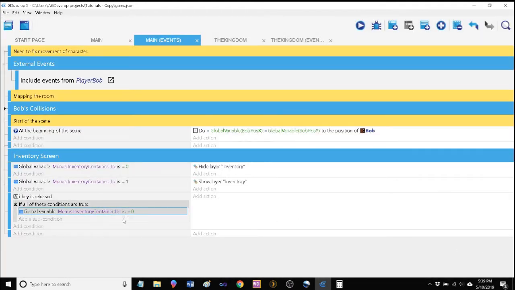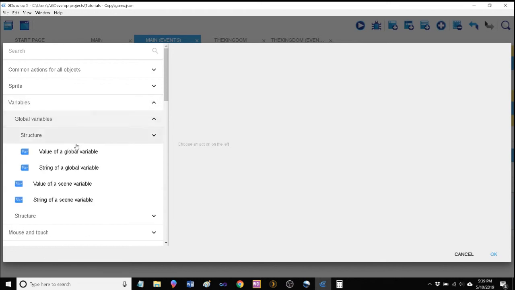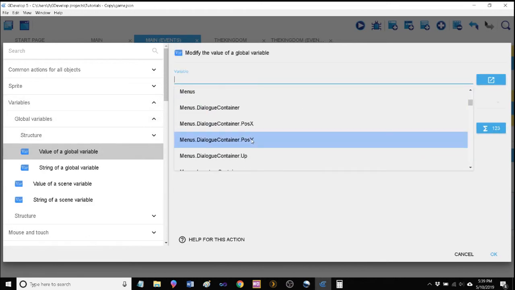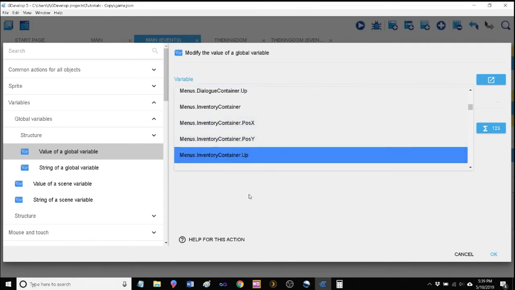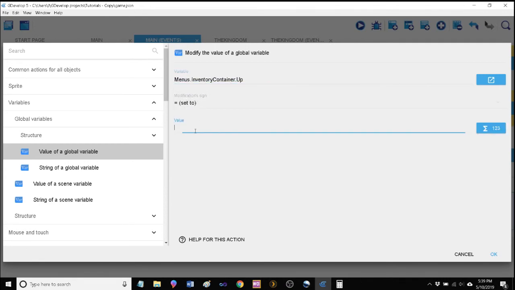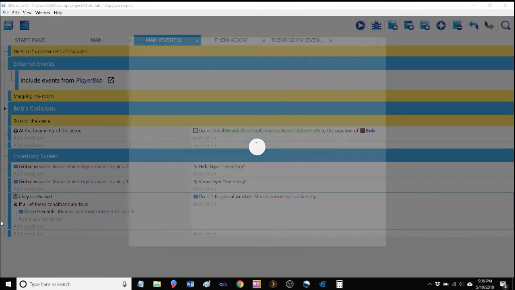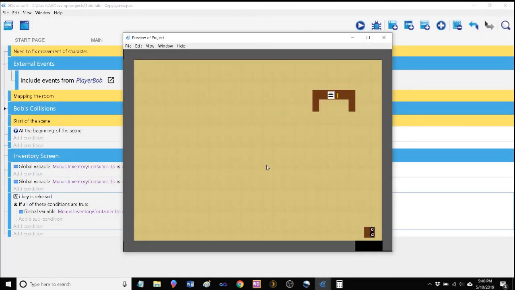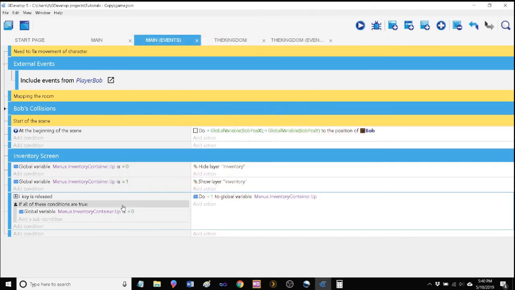Then we're going to change the variable to 1. Here it is, inventory container up. We're going to change it to 1. Let's just try that for a second. There it is. Alright, now when I hit I it doesn't work, but we can fix that now too by